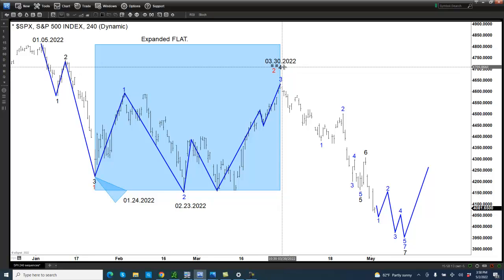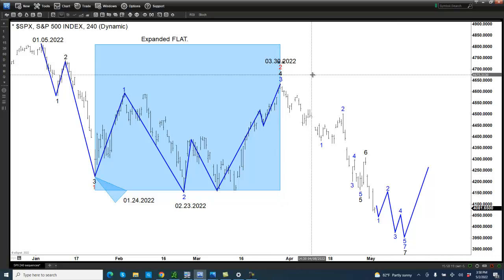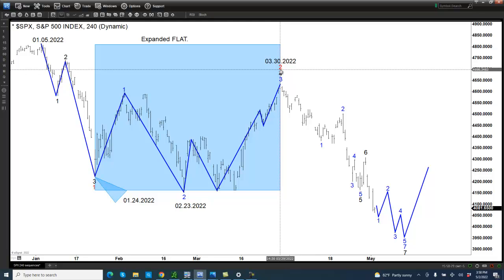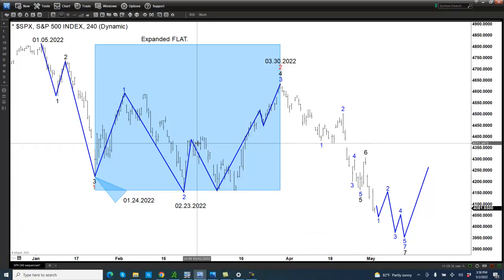If you notice here, this is a sequence, guys. There are 3 degrees or levels. The black 1, 2, 3 makes 1 in red, 1, 2, 3 in blue makes the 4 in black, but also makes the 2 in red. Now, at this stage, when the market reacts, eventually coming out of the lows that happened on February the 23rd,